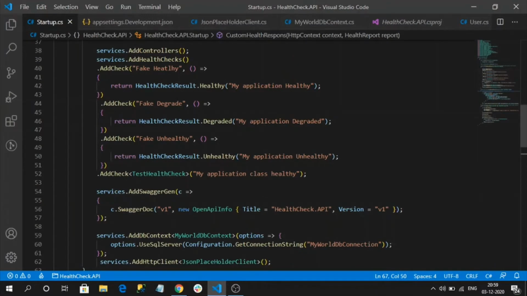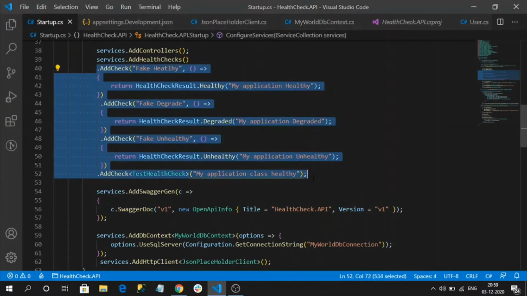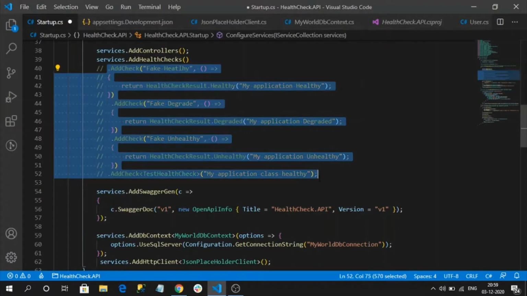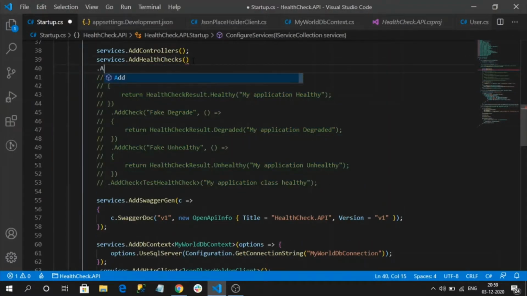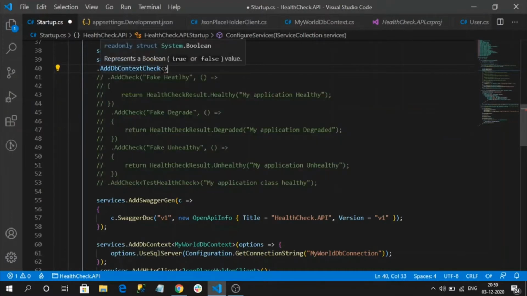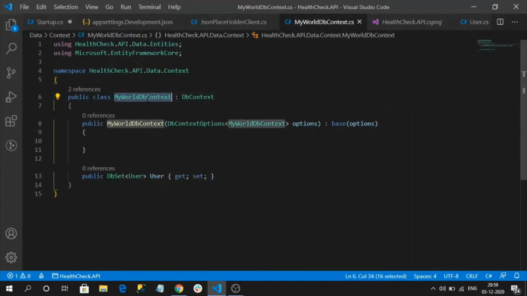Let me comment out these existing old fake health checks. Let me add the health checks builder. Now we can see the extension method AddDbContextCheck. There I need to specify the type of my DB context, which is nothing but my DB context class.